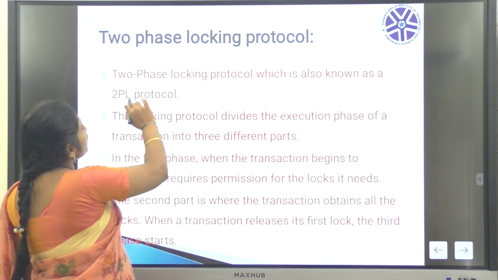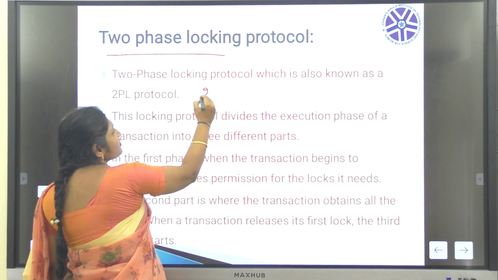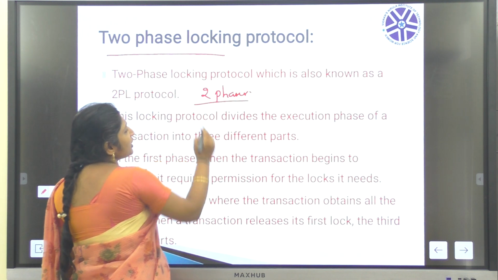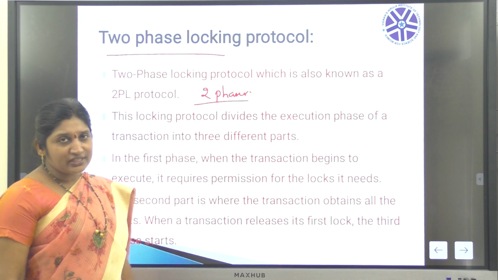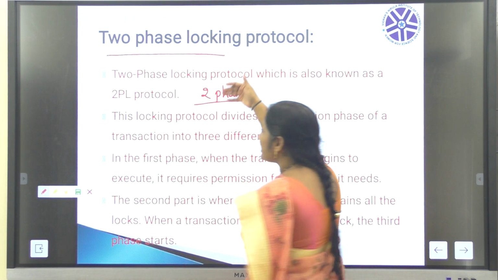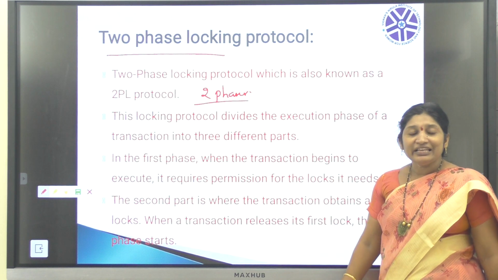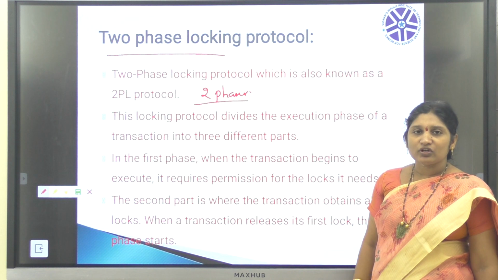in the two-phase locking protocol, the locking mechanism consists of two phases, called the growing phase and the shrinking phase, and every transaction must go through three steps.